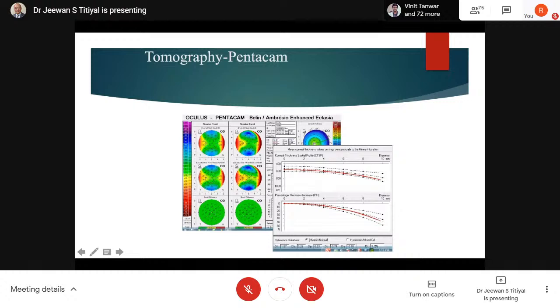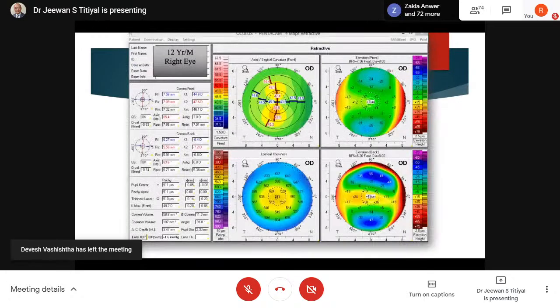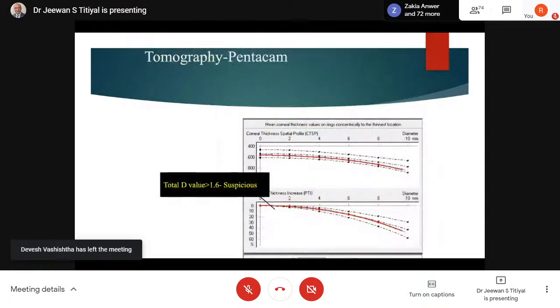If you look into CTSP and PTI, these should be within the 95 percentile of normal values. Anything more than that, or deviation from that, will be a suspect case. But most importantly, the best parameter, if you have to pick one single parameter in the Pentacam Berlin-Ambrosio method, it